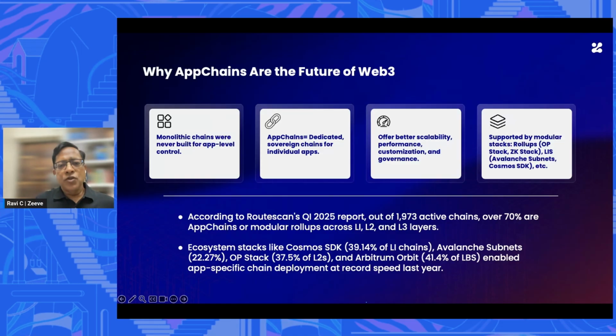Now, why have app chains suddenly become such a rage in the last 2-3 years? I think this is a natural progression. There are lots and lots of dApps deployed on public chains like Ethereum. But as your dApp grows and you have more transactions and more users in your community, you start competing for block space on the public chain. It may lead to higher gas prices, as we have seen in quite a few incidents where a new NFT project or gaming project launch suddenly spiked the gas prices.